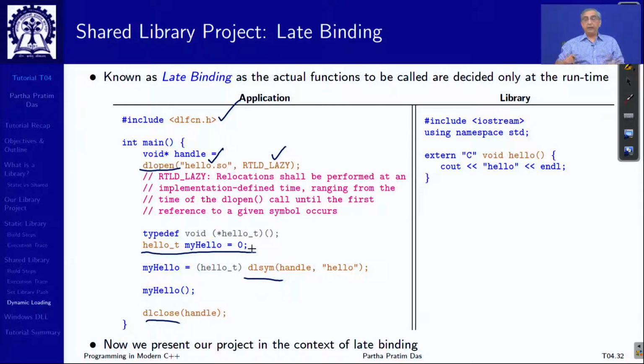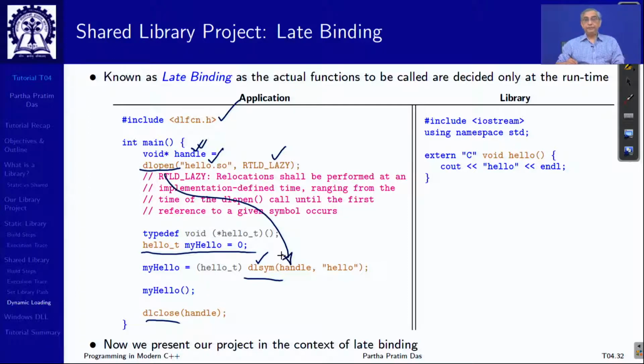Handle is a function pointer which takes nothing, gives you nothing, takes a void, returns a void. Because you do not know what kind of function is there, you need to assume that it is a function without any parameter and returning nothing. Then in dlsym you pass the handle in which you have opened your .so,